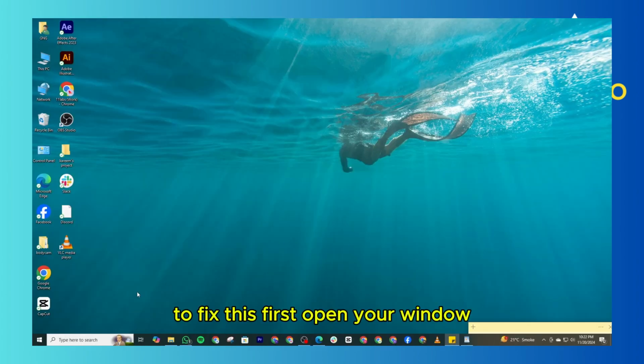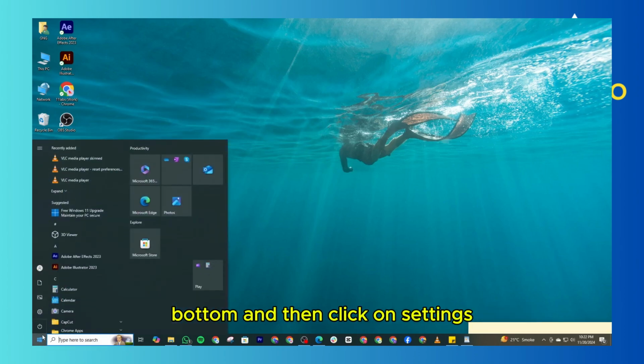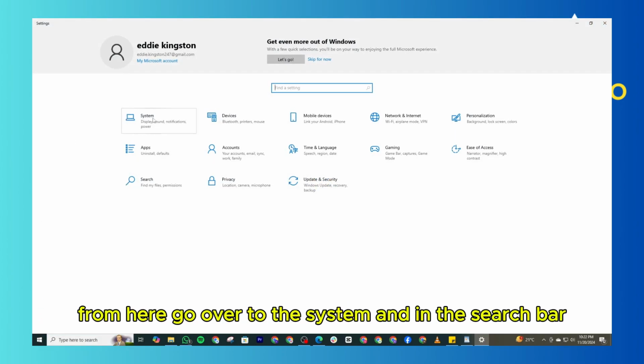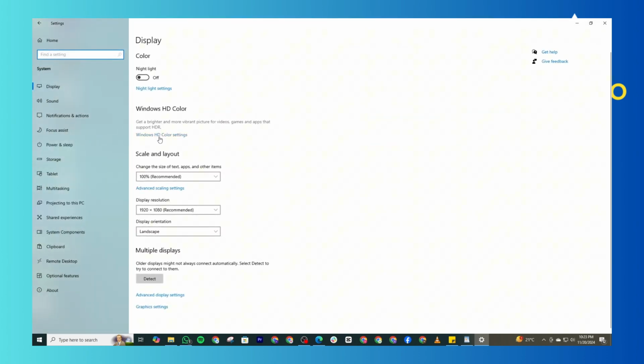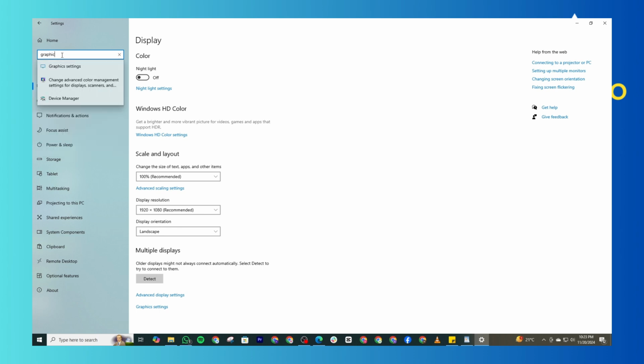So, to fix this, first open your Windows menu, click on the Windows icon located on the bottom left, and then click on Settings. From here, go over to System, and in the search bar, search for Graphics Settings. Click on it,